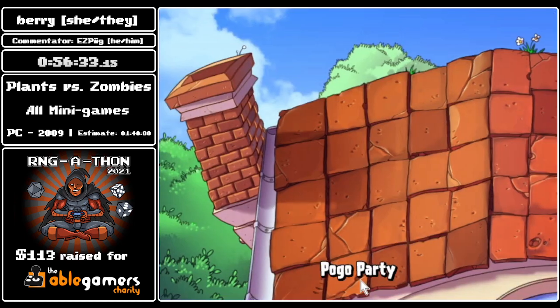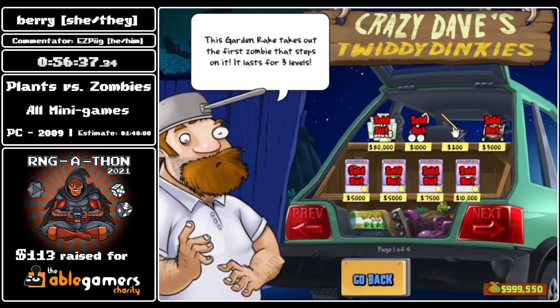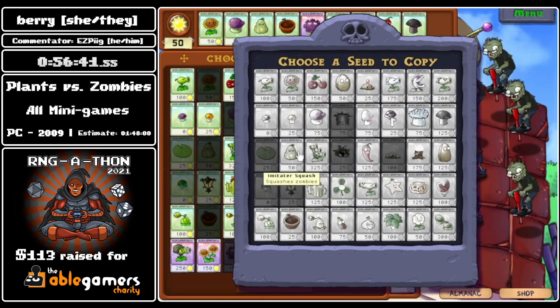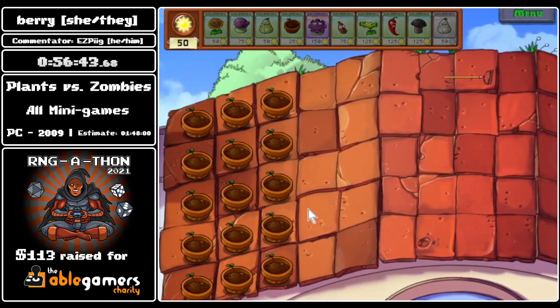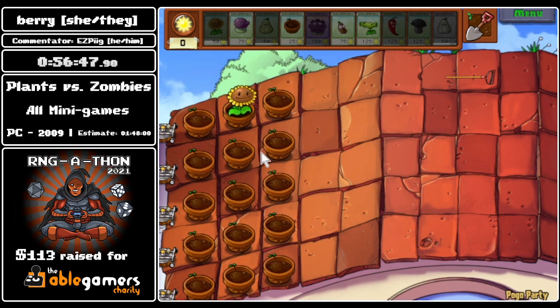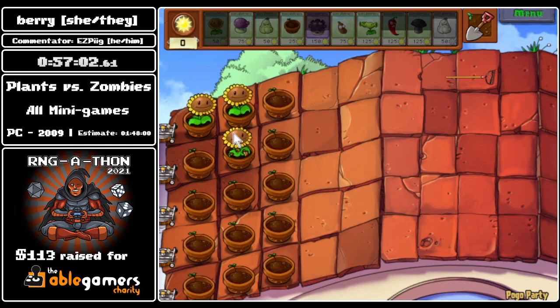So this is Pogo Party. I'm gonna go buy Rake again real quick. I might mess up on this level, honestly. I am not that good at it myself. But the gimmick of Pogo Party is similar to Bobsled: it mostly spawns Pogo Zombies, and just like Bobsled, Pogo Party also has a unique strategy based around